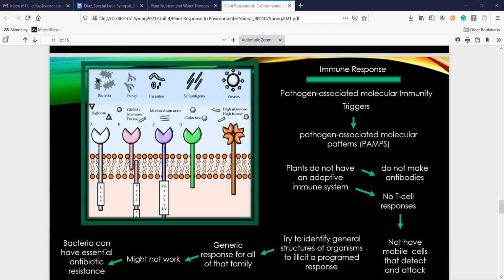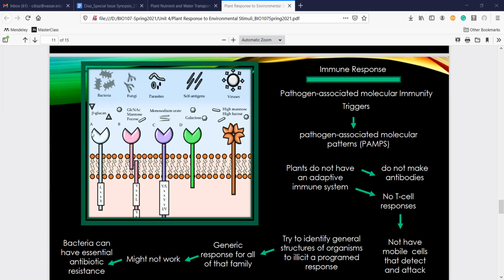In this case, we have bacteria. Not all bacteria are going to have the same receptors on the outside, but a lot of them have things that are evolutionarily held. Most bacteria are going to have this beta glucan surface protein. If it doesn't, there's a chance that the plant never responds to that pathogen and it might die. But as long as it has that specific reading, the plant will come into contact with it, and then it'll start producing the appropriate